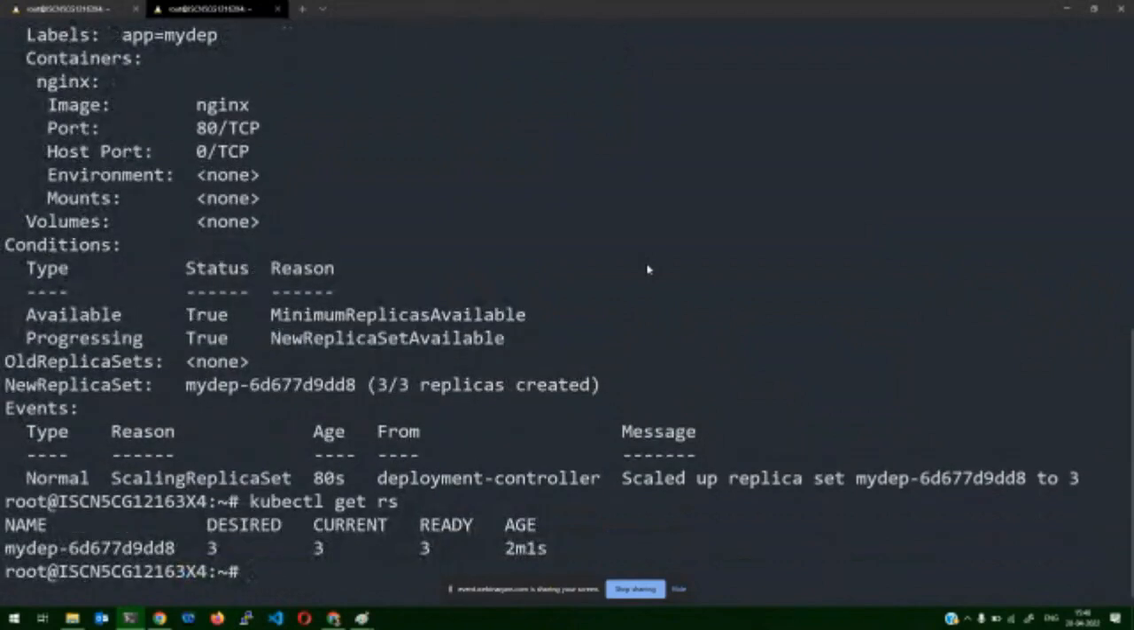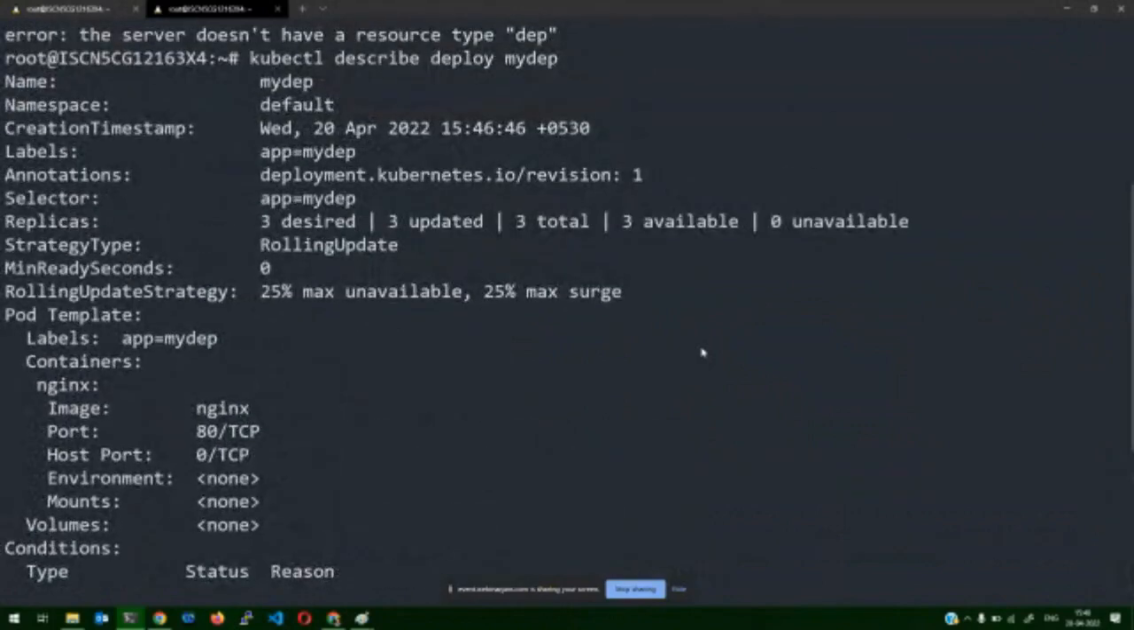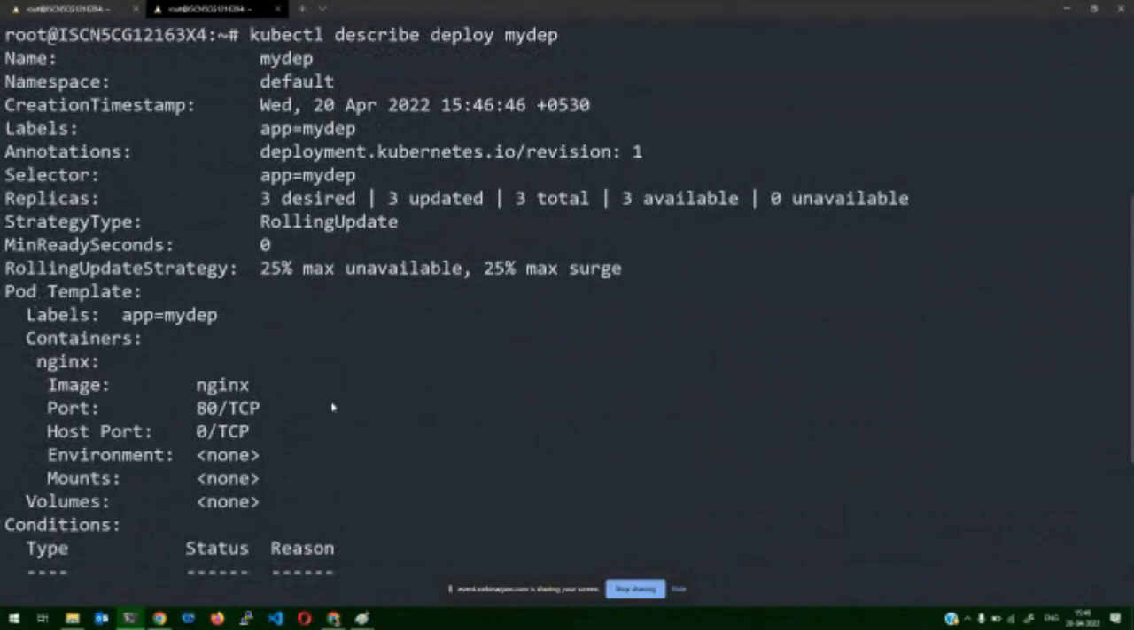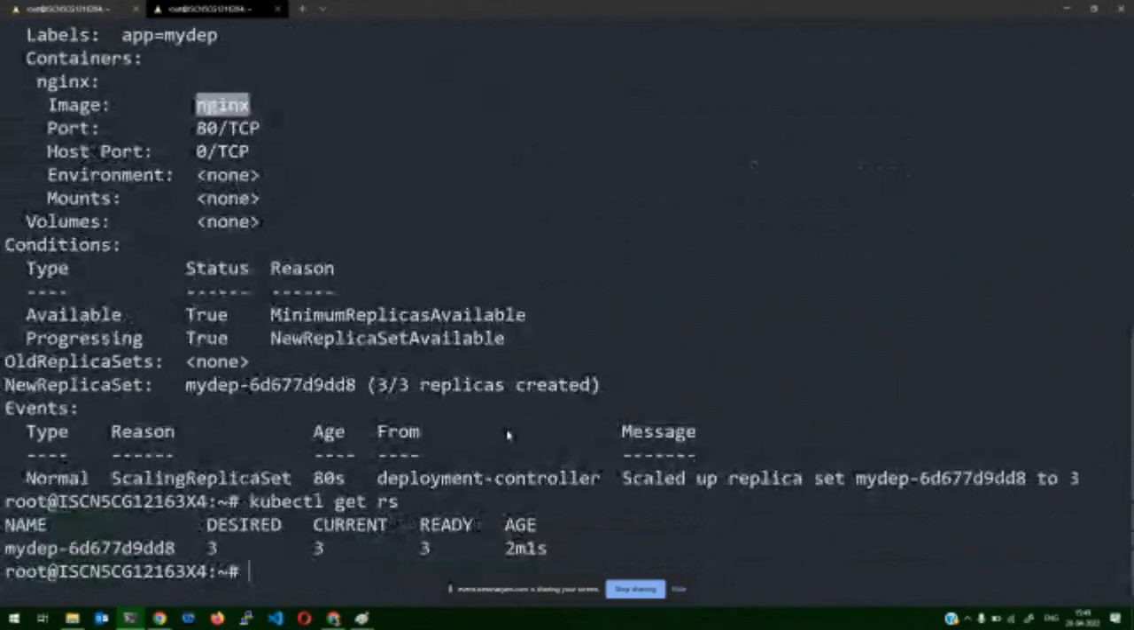If you run this command, you should see that there is a replica set created automatically by Kubernetes. Now I can say, if I describe the mydep deployment, it says that it's running based on image nginx. Now let's set the image of the deployment